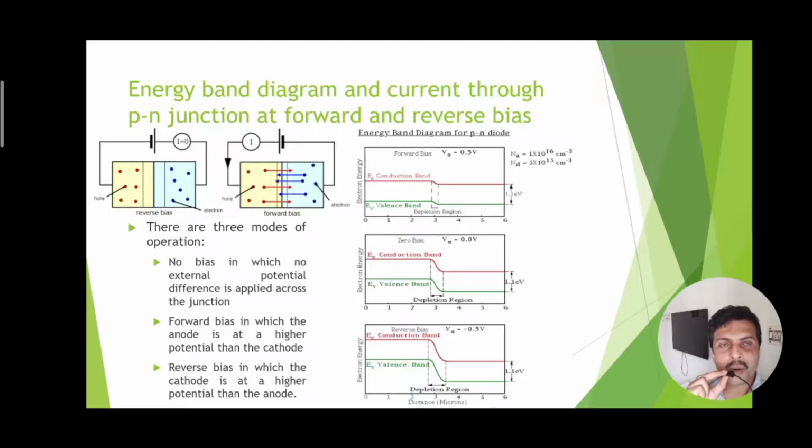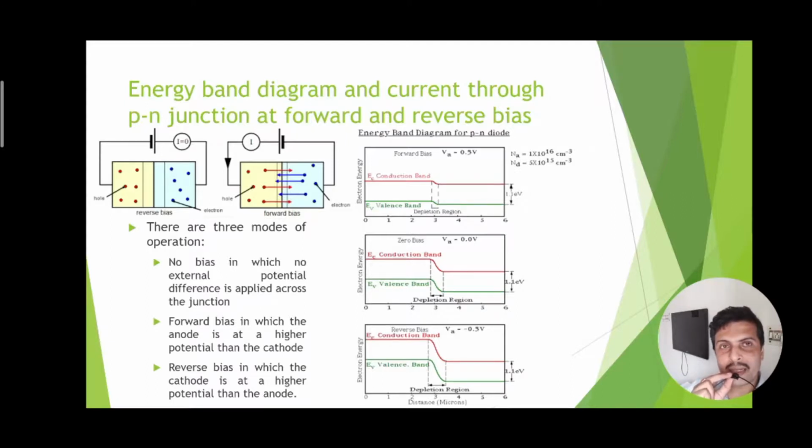If we look at the forward bias condition, we see that the valence band in the P side is moving away from the Fermi energy level, whereas the conduction band energy level is also moving away from the Fermi energy level. Why is it happening? Because under forward bias, as the electrons move from the N side to the P side, after entering the P side, before being recombined, they act as minority charge carriers. So the minority charge carriers increase in every region. At the P side, electrons are increasing; at the N side, holes are increasing.